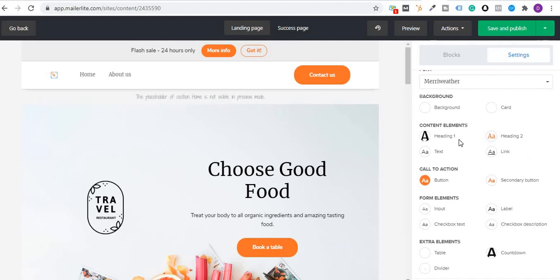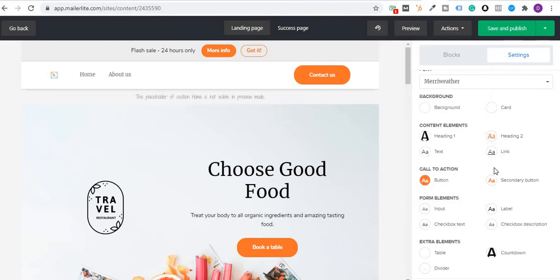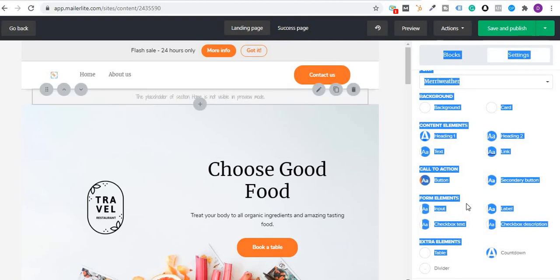You have the heading, content elements. In the background you have the card, and you have the form elements, checkbox, text, tape. You can add some extra elements. For example, if you want to add a countdown, then you can,